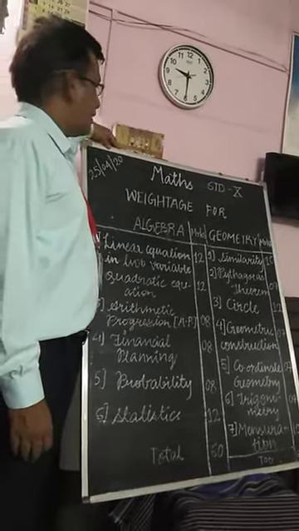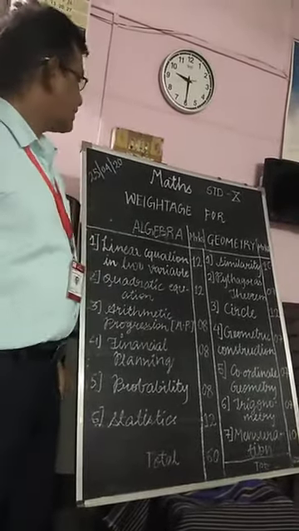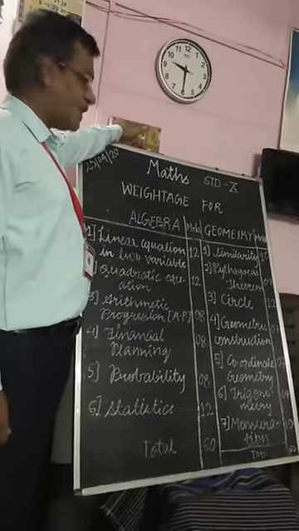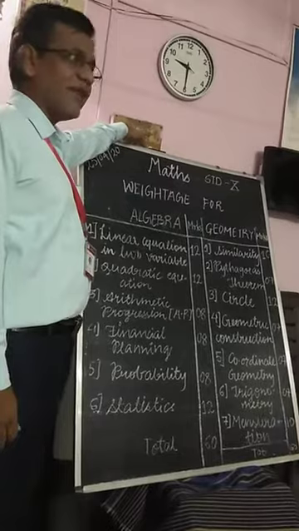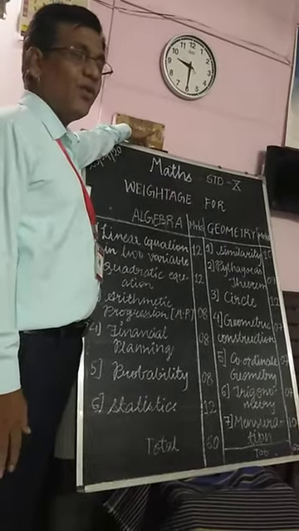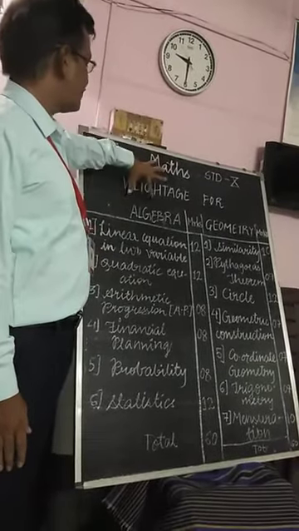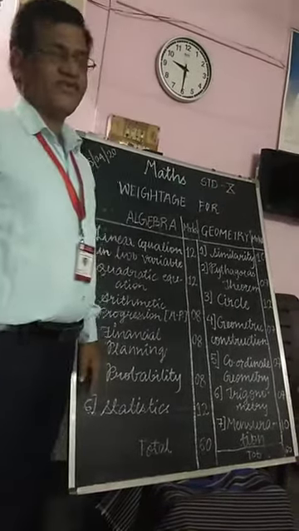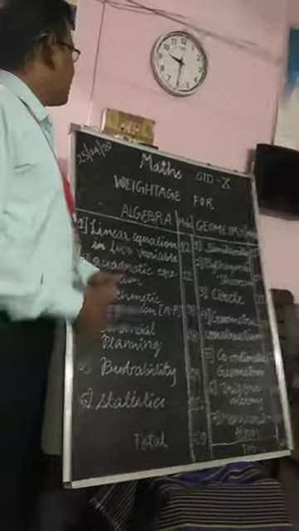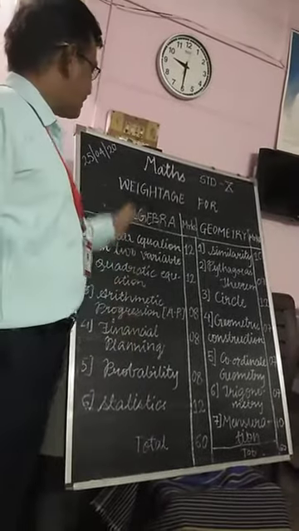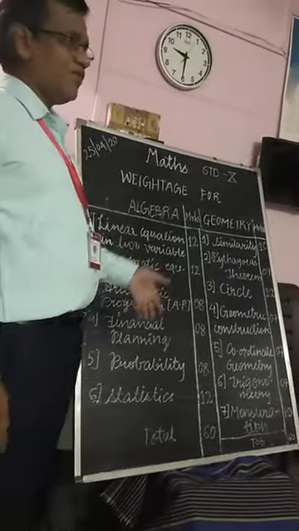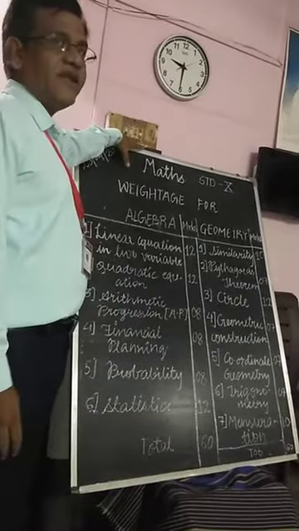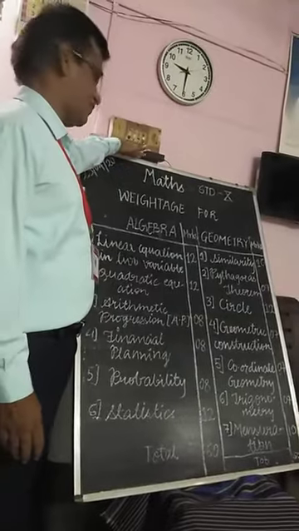Today we have to learn the math subject, and in 10th standard the math subject is already divided in two parts. The first part is called Maths 1 and the second part is called Maths 2. So when we are going to study Maths 1 and Maths 2, first we have to know the weightage of chapters given in Maths 1 and Maths 2.